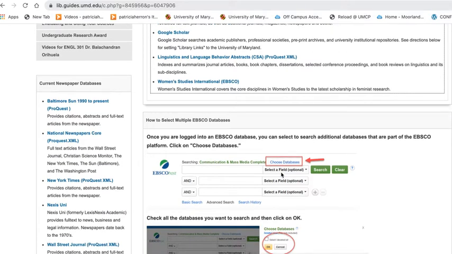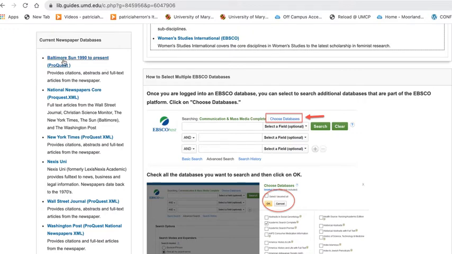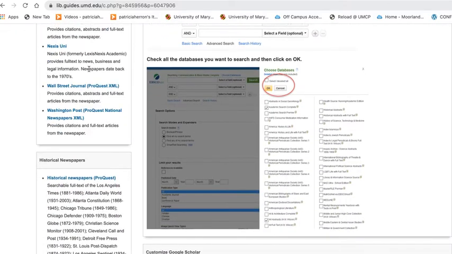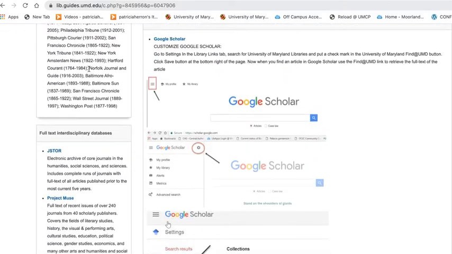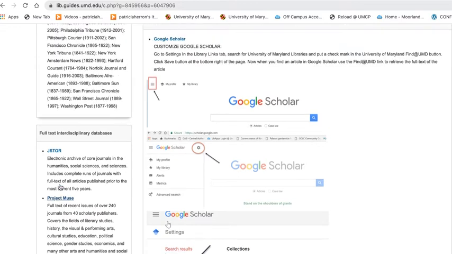Also, some of you, if you're working on a very local topic or a topic for which there is not a lot of scholarly material, you might want to investigate some of the newspaper databases, and these are listed in this section right here. And also, I've included links to JSTOR and Project Muse. Both of those are also very good databases,